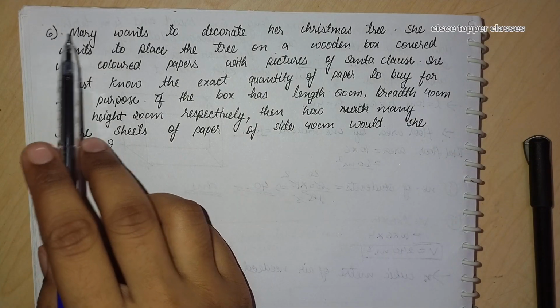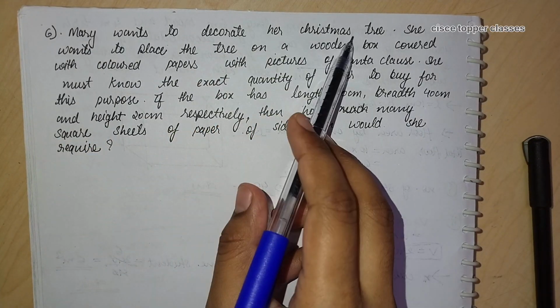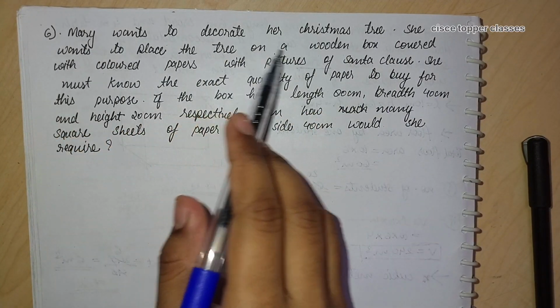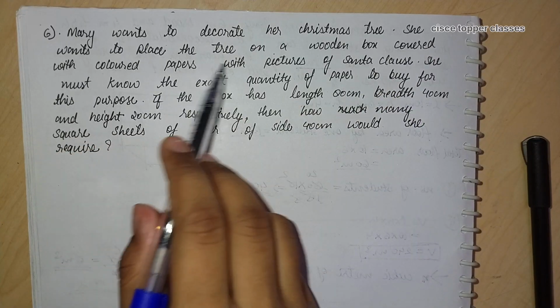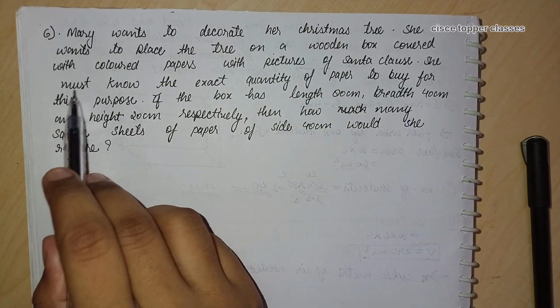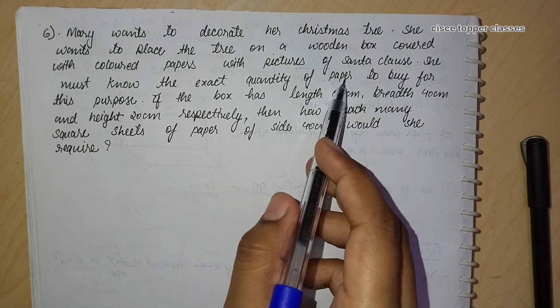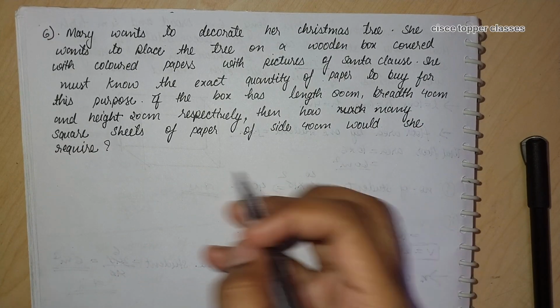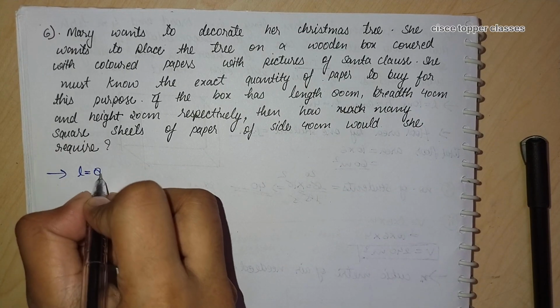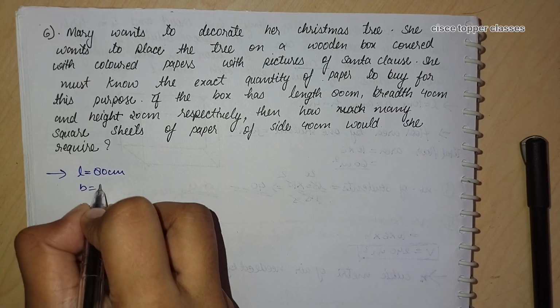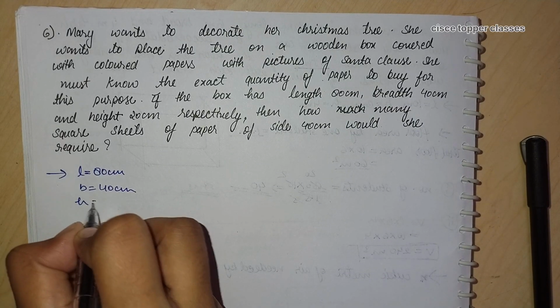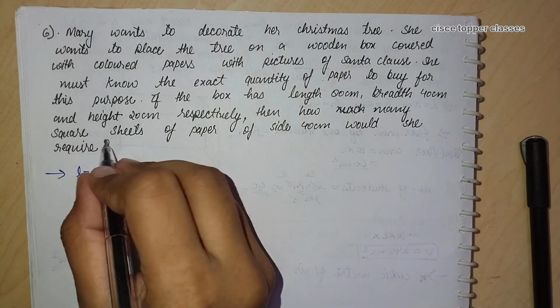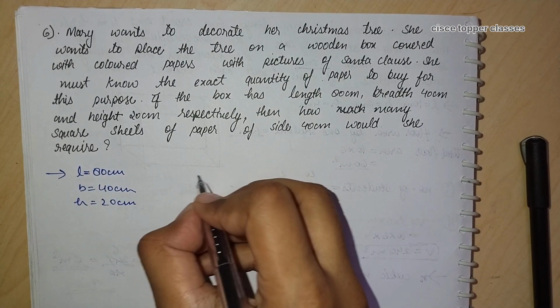Now let us solve here sixth question. Mary wants to decorate her Christmas tree. She wants to place the tree on a wooden box covered with colored papers with pictures of Santa Claus. She must know the exact quantity of paper to buy for this purpose. If the box has length 80 centimeter, breadth 40 centimeter, height 20 centimeter, then how many square sheets of paper of side 40 centimeter